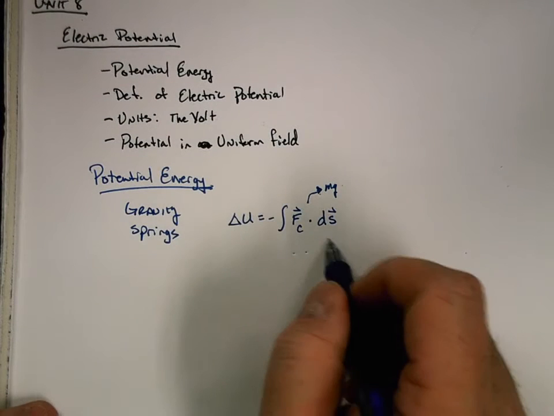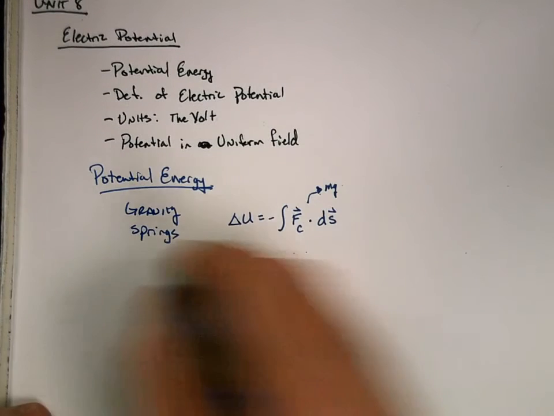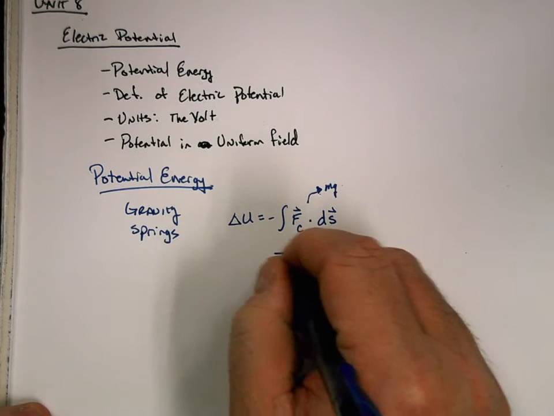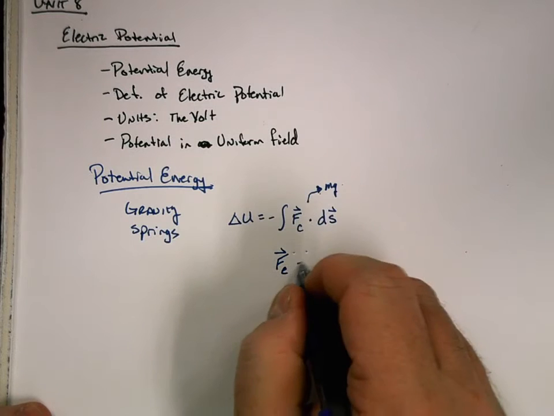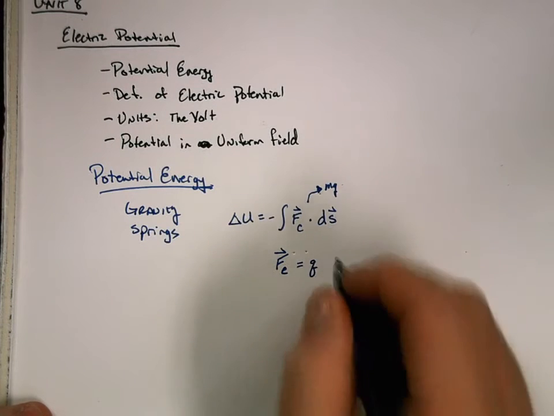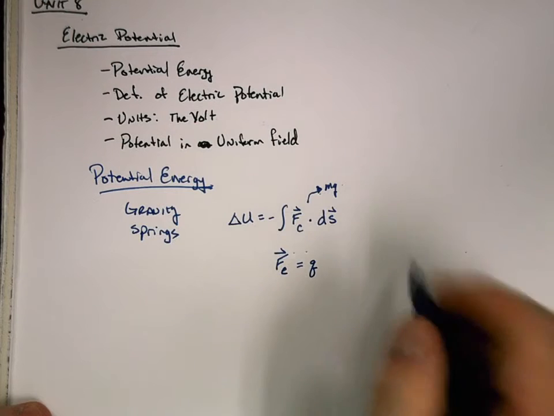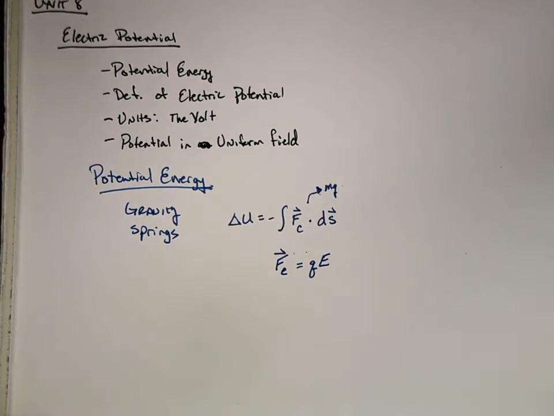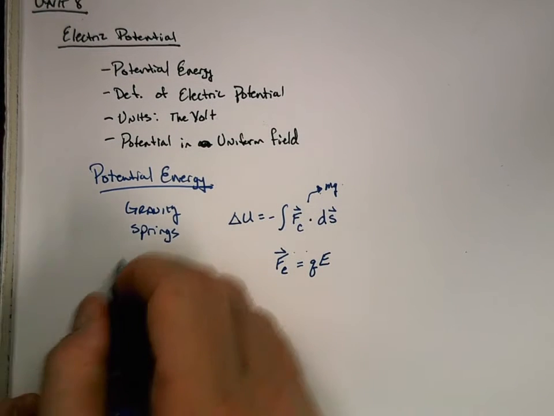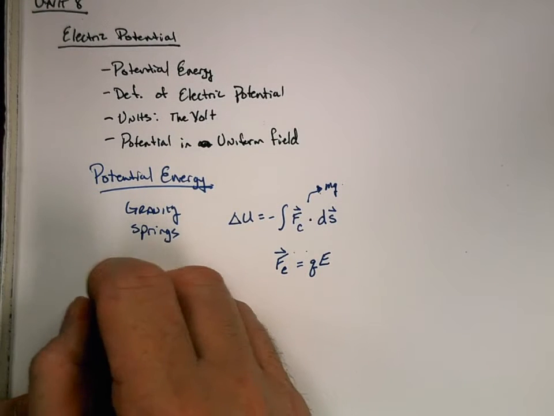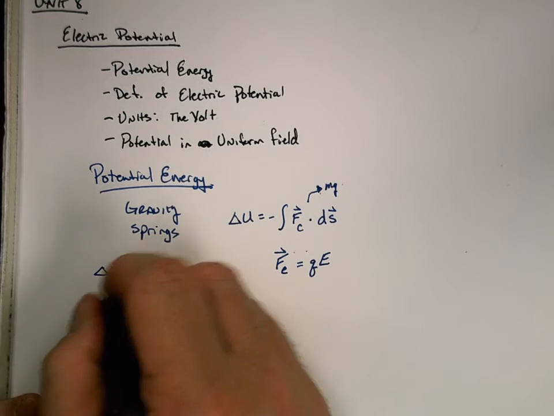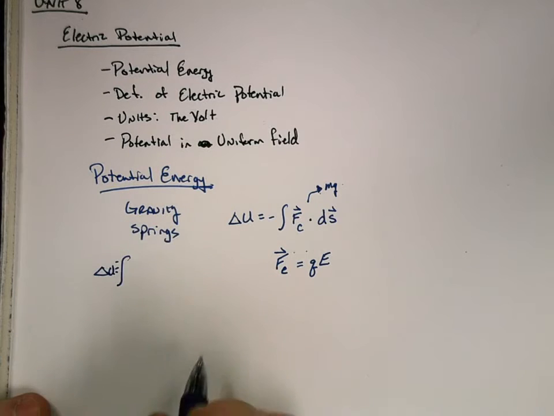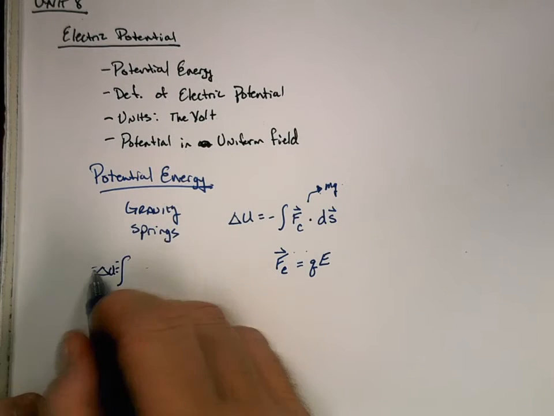Well, the same thing applies for electricity, because what is our electric force? Our electric force equals, well, there's the k q1 q2 over r squared, which is Coulomb's law, but it also equals our charge times our electric field. All right, and so if we have our potential energy, delta U equals,